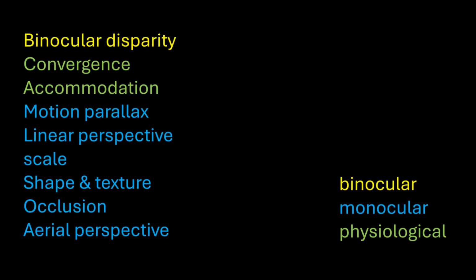The second group of cues is physiological. When we look at something very close to us, our eyes converge. The pupils become closer together through movements of muscles inside our eyes. And that muscular activity is transferred to our brains too. And the brain interprets it as